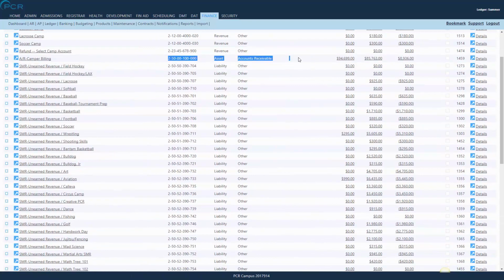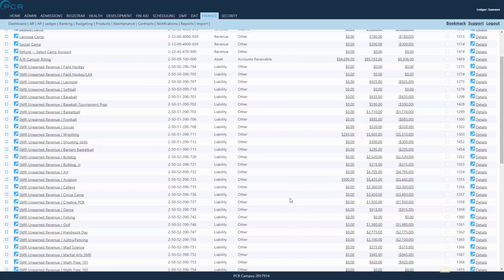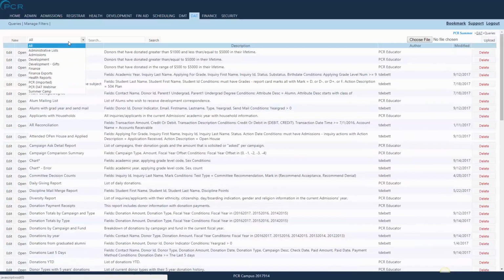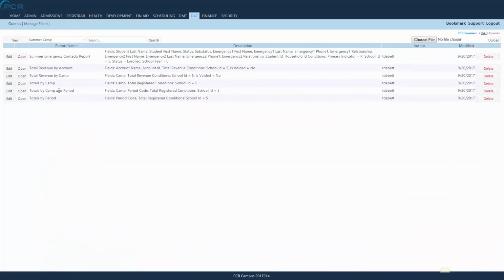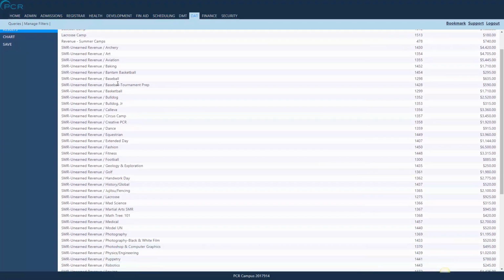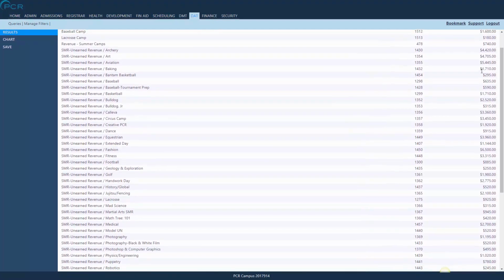So I can view the AR balance, I can view the balance for each revenue account and so forth directly from here. I can also create reports that provide me with more information. So for example, if I go to DAT, I've also built some finance related summary reports. So I've created a report called Total Revenue by Account. And if I open this report, it gives me the name of each account, and it tells me how much revenue